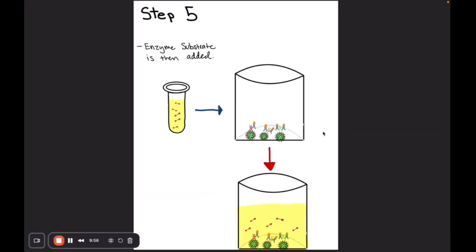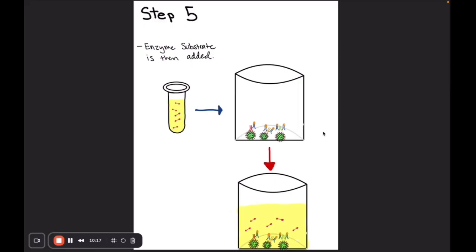In step 5, the substrate is added. If the patient's serum contained anti-SARS-CoV-2 antibodies, the enzyme reacts and turns the solution blue, a positive result. However, this doesn't necessarily mean the person currently has COVID-19. It could simply mean that they were infected in the past or have been vaccinated, because antibodies persist long after